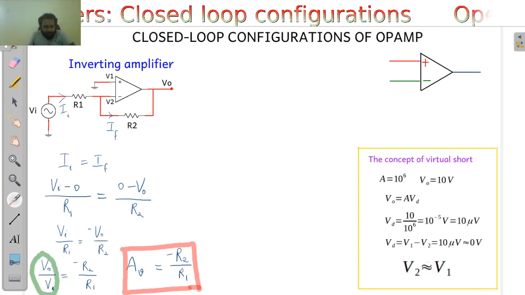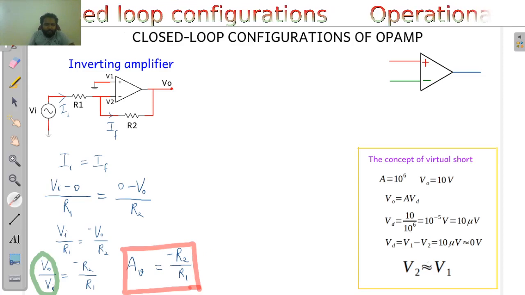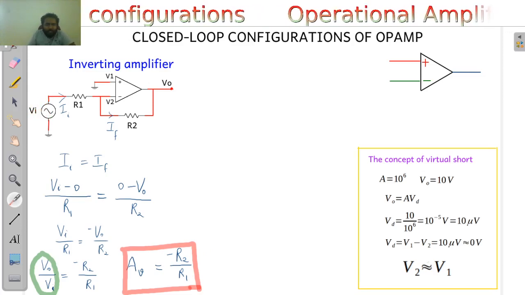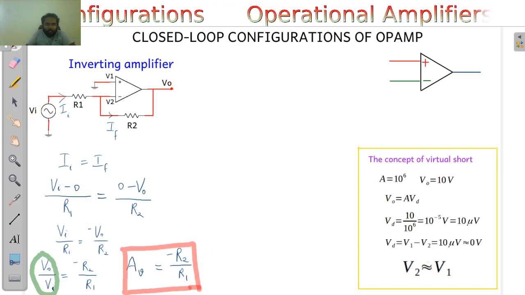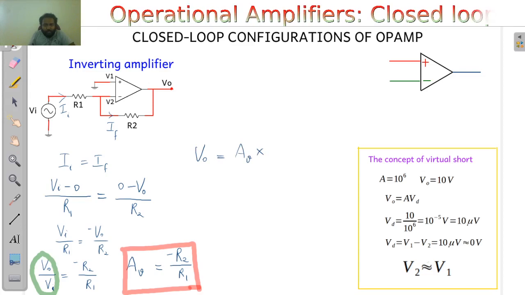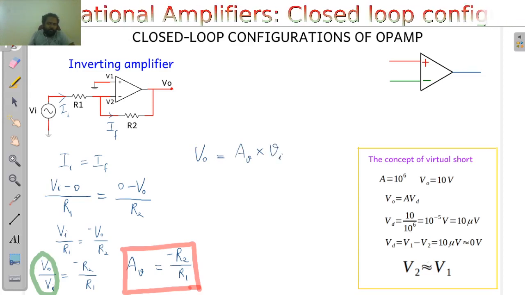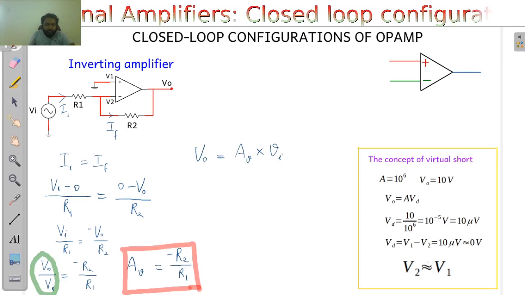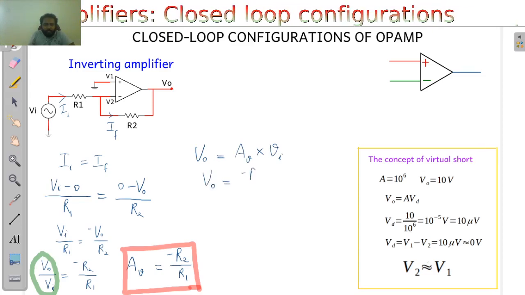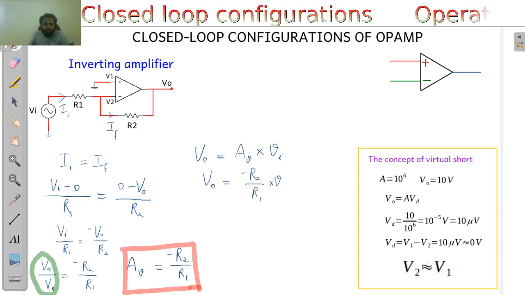Similarly, it is to be noted that if I am giving an input Vi, then my Vo will be equal to the closed loop voltage gain times the input voltage Vi. Okay, so that will give me an output voltage which is equal to minus R2 by R1 times Vi,